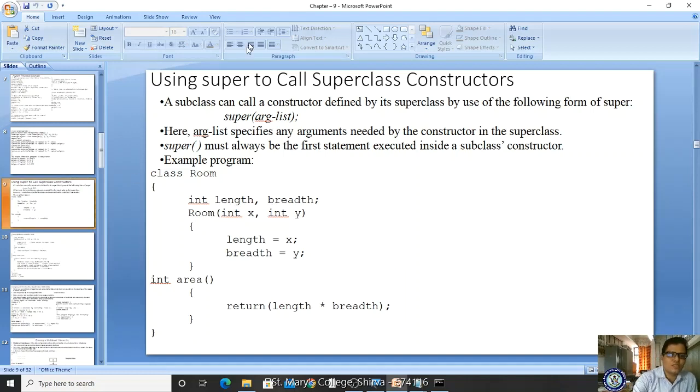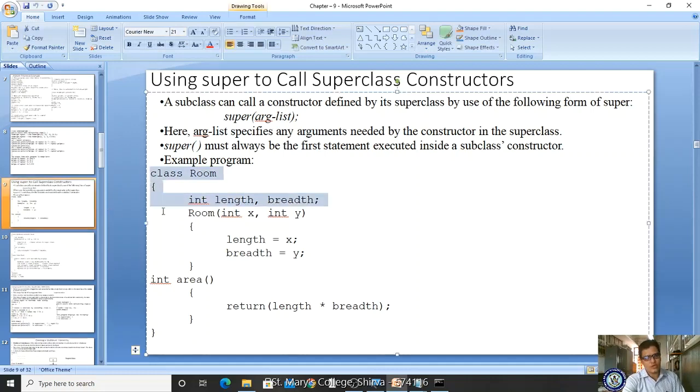Now we will see a sample example, classroom. As we know, what is the area of a room? Length into breadth. Okay, so you have to note it, because if you are attending interviews for software job related interviews, if you say you know Java, then they will ask these kinds of questions in interviews.